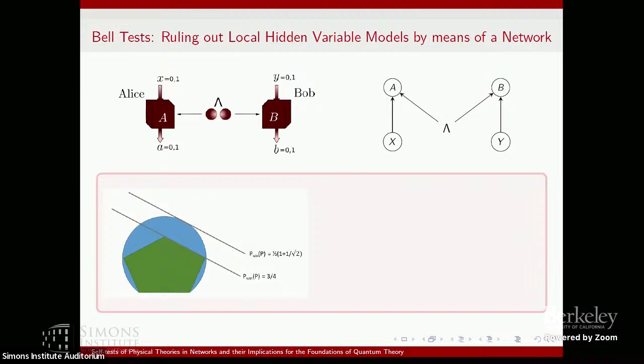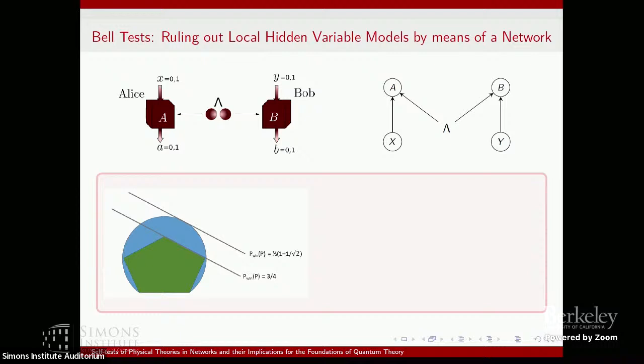An intuitive way to think about this linear functional can be in terms of a game, where depending on the outcome distributions the parties generate, they get a different score. Let's say now that the inputs and outcomes are just binary. We can think of a referee who asks Alice and Bob questions, which will be in this case the X and Y. Depending on these questions, they will have to generate answers that they return to the referee, and the referee then has a condition to evaluate them.